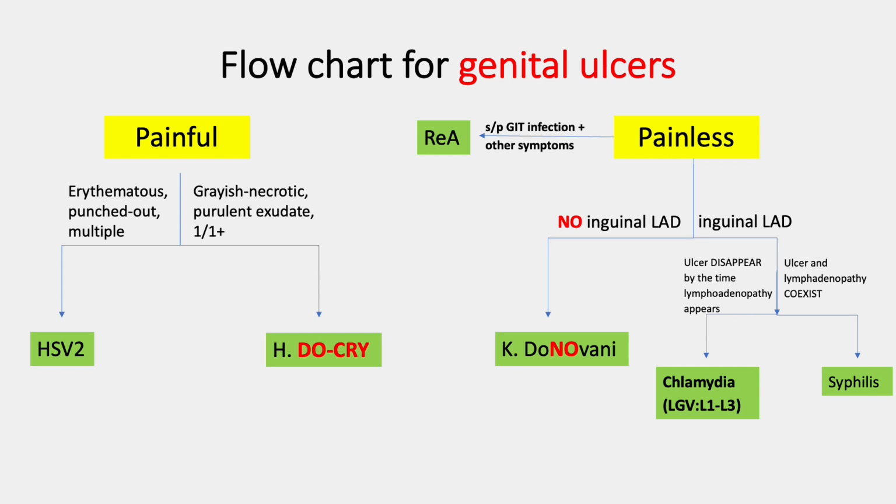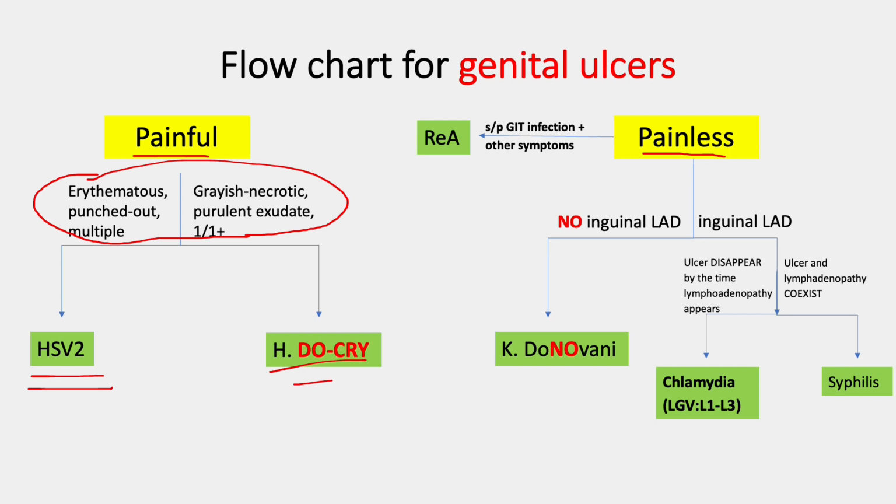So guys, this is a flowchart that I have designed to give you a quick, instant reminder of everything we have talked about. So the first thing you have to consider when you approach a question about genital ulcers in the USMLE is to read in the question stem if the ulcer is painful or painless. And after that, if it's painful, you have to focus on the features of the ulcers. So if it's erythematous, punched out, and there are multiple ulcers, it's most likely HSV type 2. Whereas if it's grayish, necrotic, the exudate is purulent, and there are multiple or even just one ulcer, it's